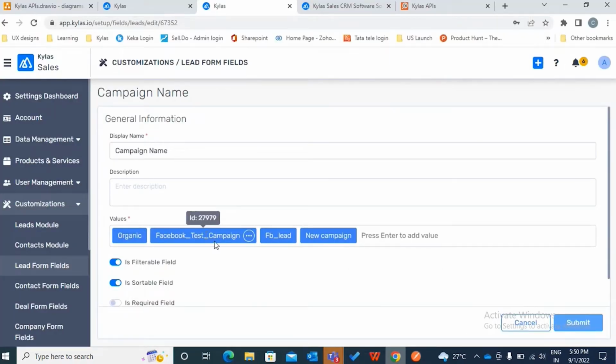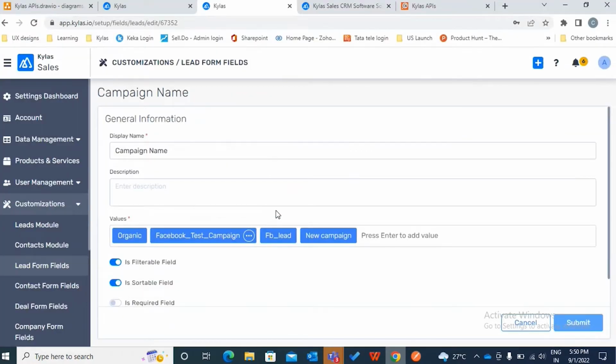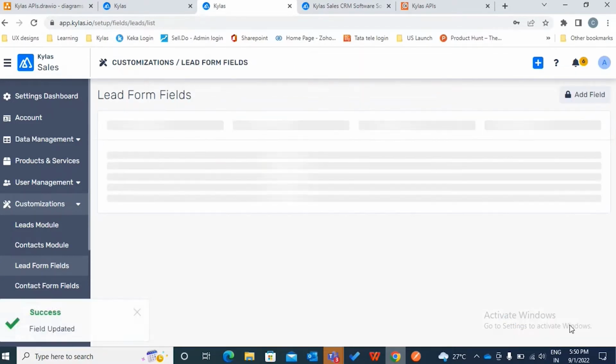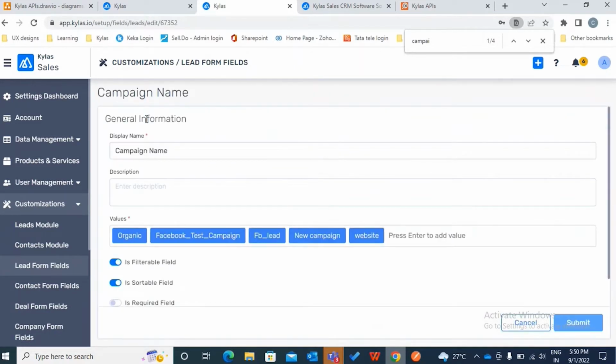If, let's say, I want to tag this Facebook test campaign, I need to enter 279279. So most of the time these values are going to be static, available to you, because let's say you are integrating a website. So the requirement would be that all the leads getting created from the website should be tagged as source called website. So what you can do is create a source called website in this field. I had created the value website in the campaign, but it could be source as well. And you need to enter this ID